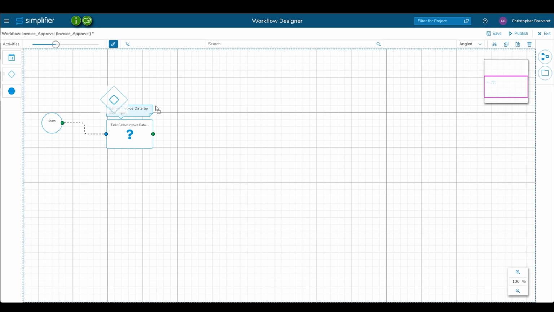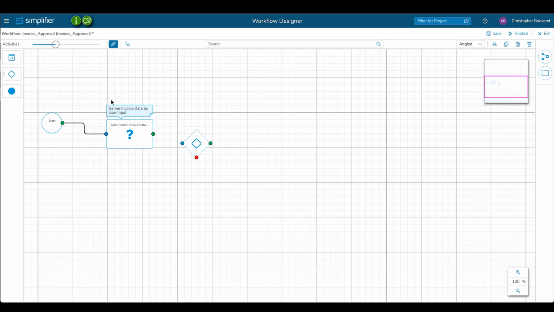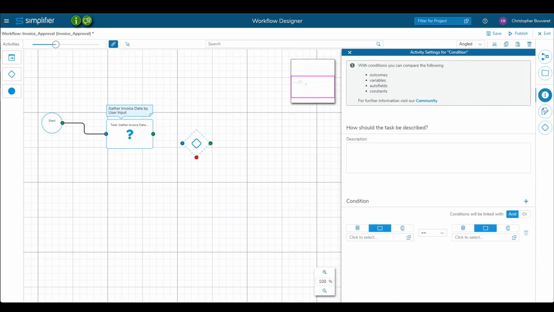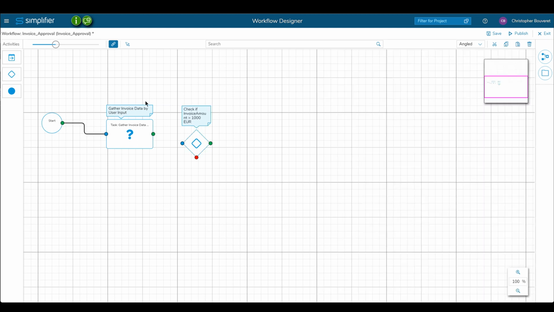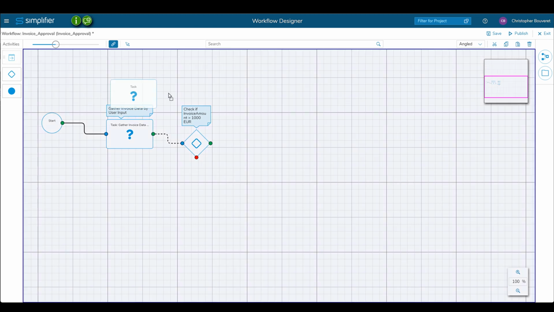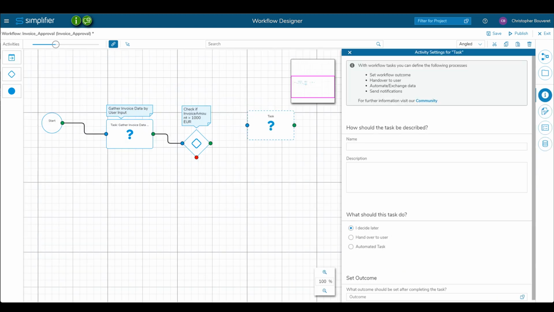from user input. Next up, in the invoice approval process, we need to check whether the entered invoice has an amount greater than €1,000, and if so, we will need approval from a manager. As the approval also represents a user task, we add another task activity with the name and description, invoice approval